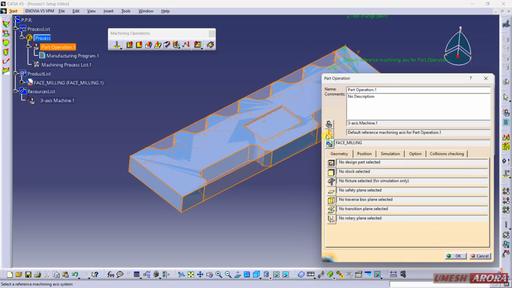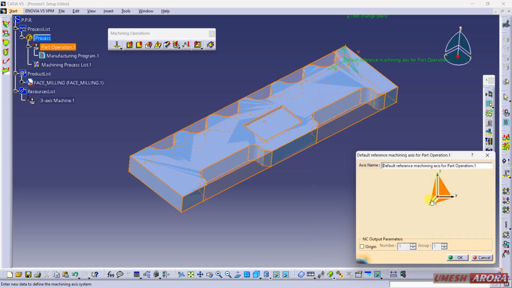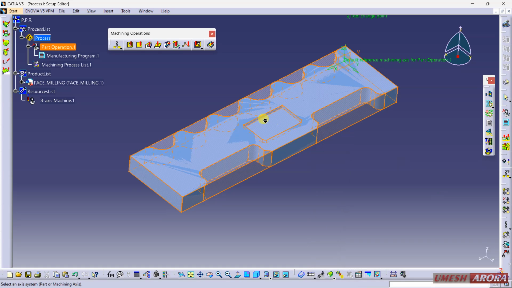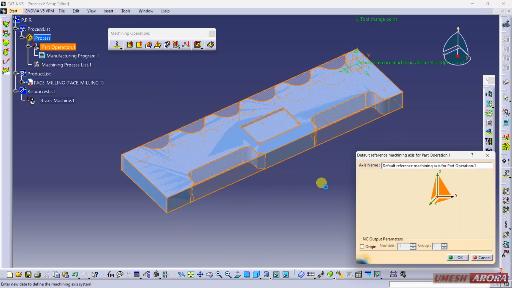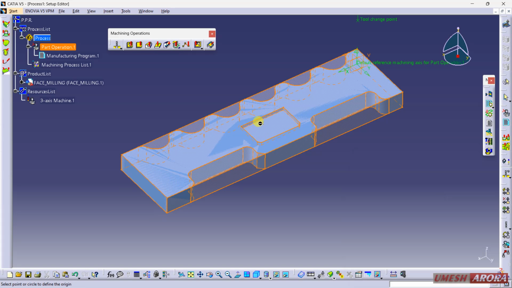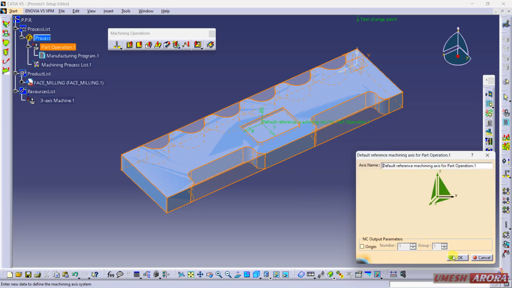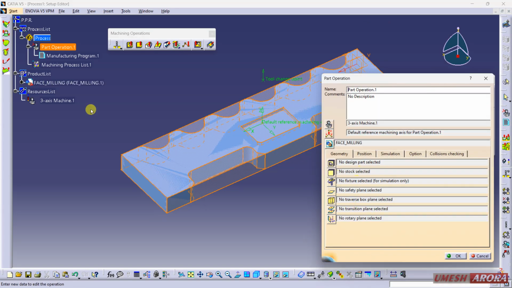And now default reference machining axis. So machining axis should be on this point. It is not highlighting, why? Okay, no problem. Click here again, right, and OK. So it is properly placed.